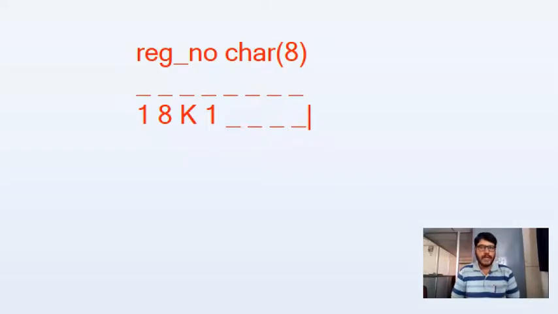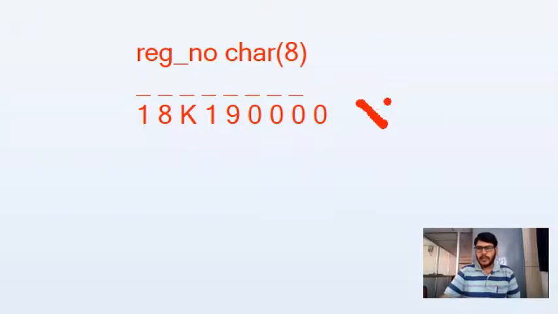And also I cannot store more than 8 characters. Suppose I try to store more than 8 characters, this will not include this value in the database, because I'm reserving only 8 bytes of memory, but I'm trying to store 9 bytes or 9 characters.